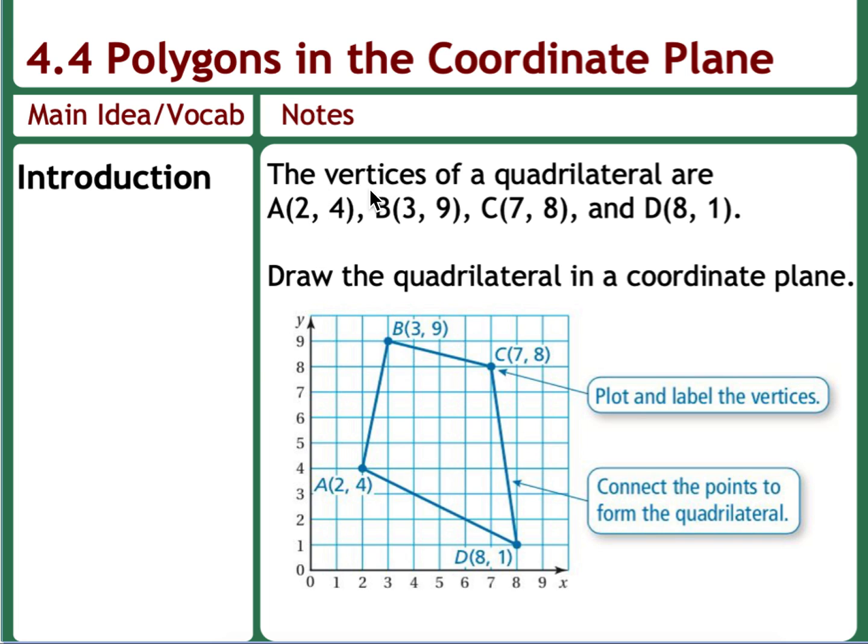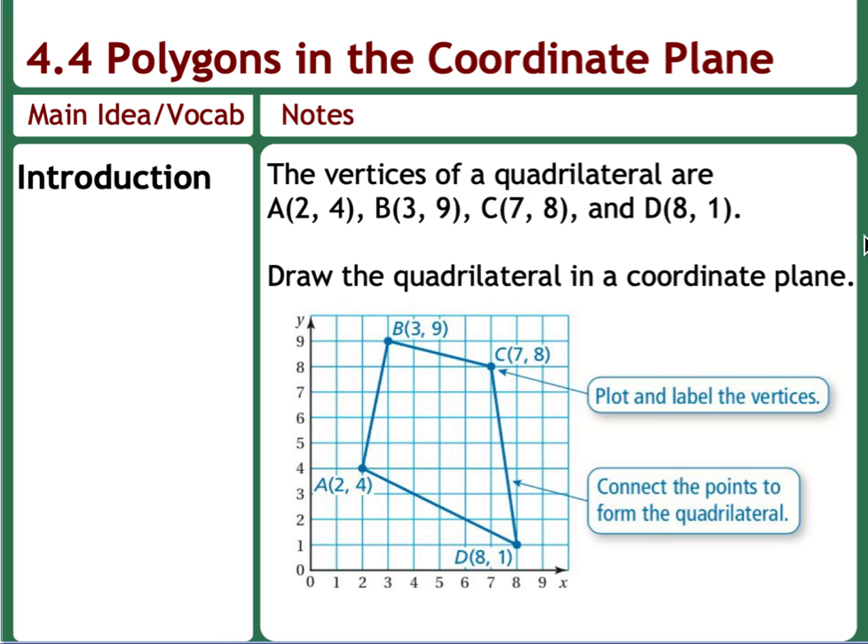Remember, those are corners of a polygon. So vertices of a quadrilateral. This polygon is a quad, meaning four lateral sides, so a four-sided polygon. And it gives us the points. Point A is at 2, 4, B is at 3, 9, C is at 7, 8, and D is